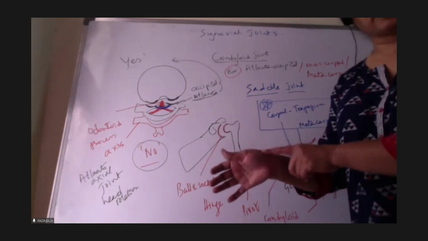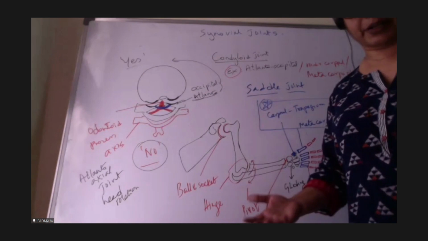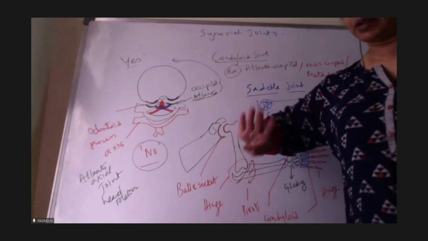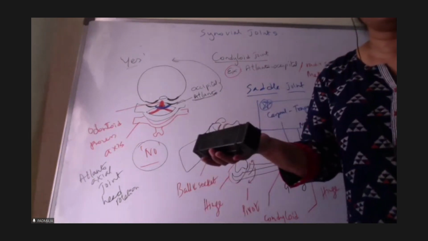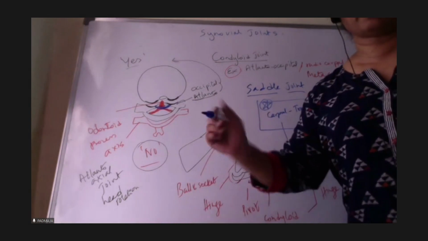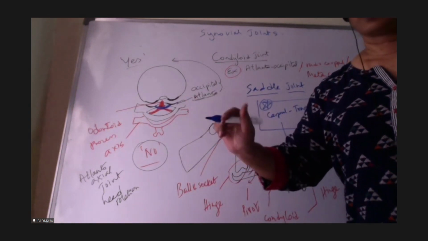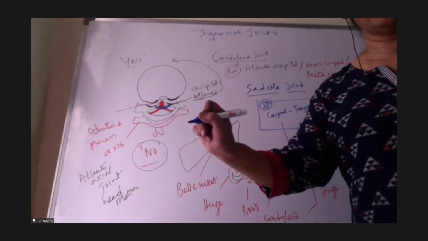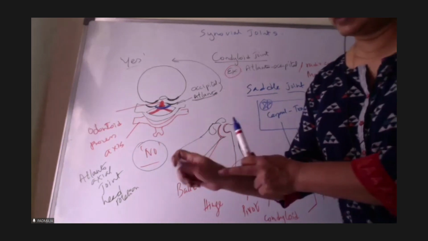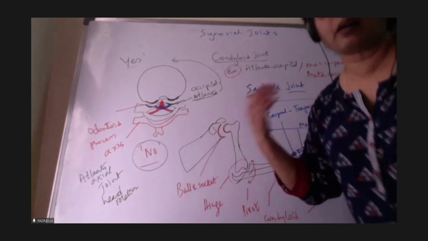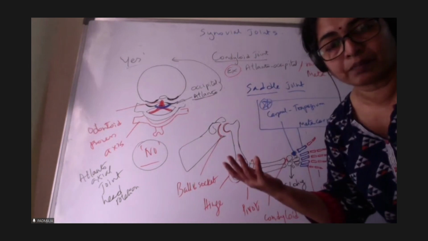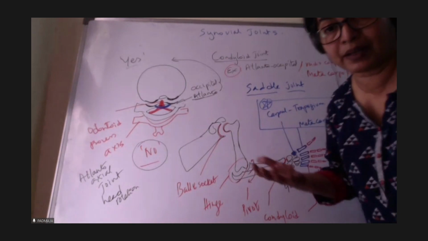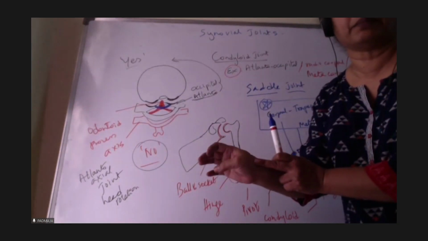This opposable thumb allows us to hold any object. Without this thumb I can't hold this. Imagine there is no thumb. Can I hold without thumb? No. Without thumb can I hold a pen? No. Only with fingers we can hold, but it doesn't give much strength. This is holding. This joint allowed our human evolution, particularly our modernization, civilization, all our capabilities are due to this opposable thumb.